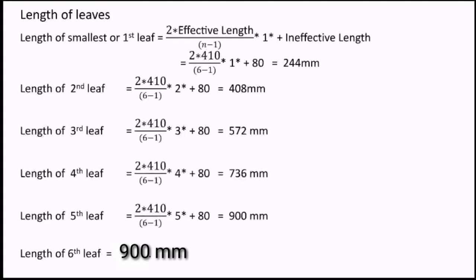Last thing asked in the question was radius of the leaf in free condition. The formula for radius of leaf is given by r is equal to L1 square divided by 2y. I will substitute all the values and get the answer for r as 2808 mm. This completes the solution. Thank you.